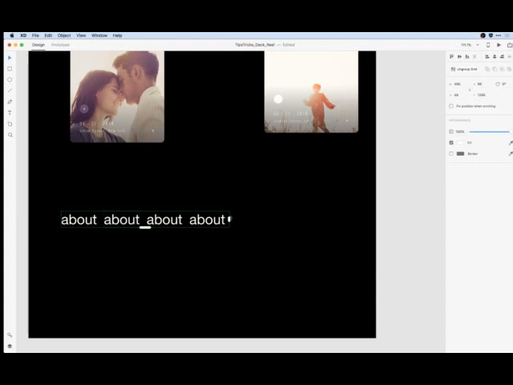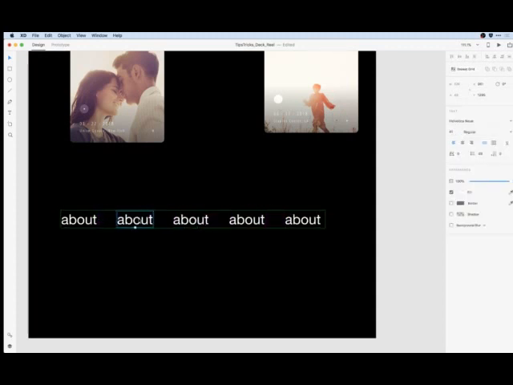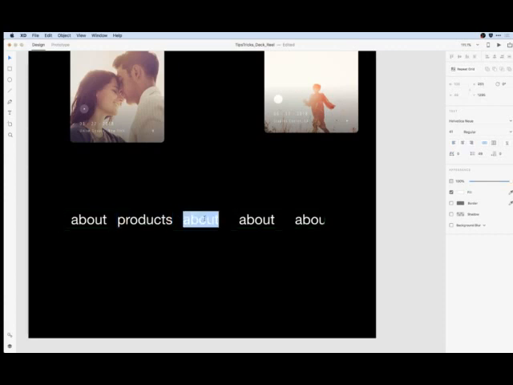In fact, I'm going to show you a trick here. Let's go ahead and do a 5th. And I can go to the gutter here and control the space between it. And we've got about, we've got products. Notice that it's not center aligned, so I'm going to hit escape, go up a level, and here in my alignment panel, center my content. So I've got about, products, contact,